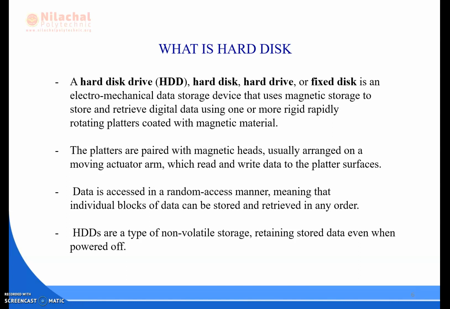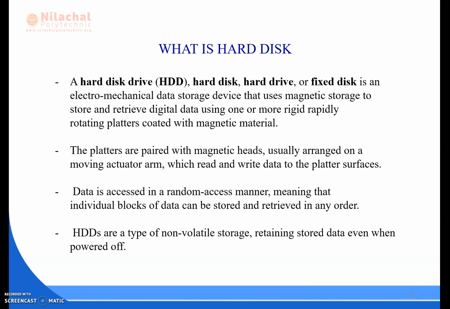So here we can see, the first thing we need to know is that data in a hard disk is stored in digital form, that is with zeros and ones, and we have techniques to read and write these zeros and ones on the platters. One of the parts of the hard disk is the platter. Next, what is a platter?